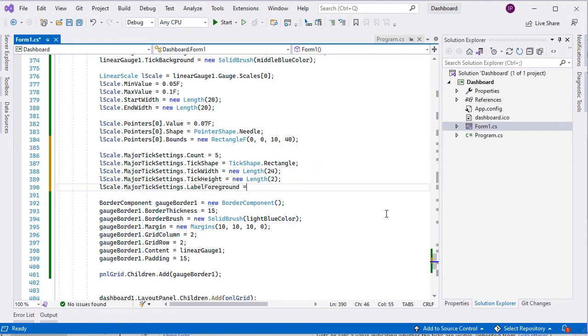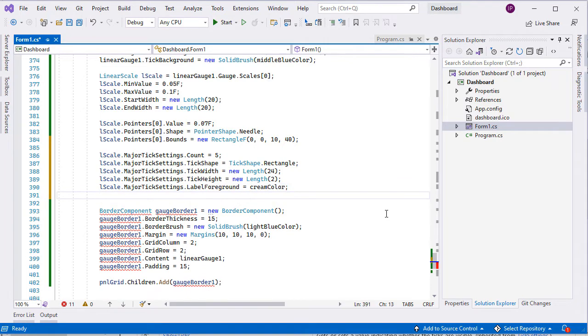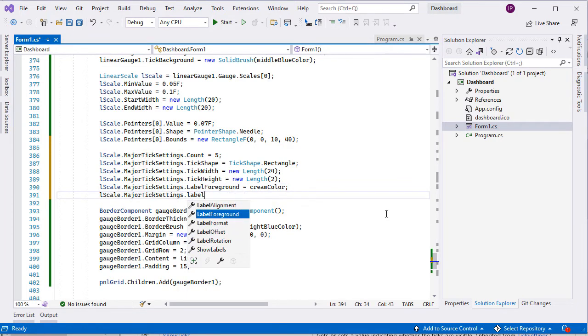The label foreground is the color used to draw the labels. It is cream. The label location specifies the location of your ticks along the scale.